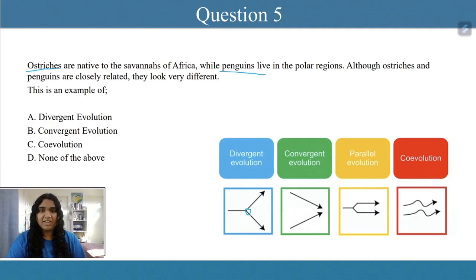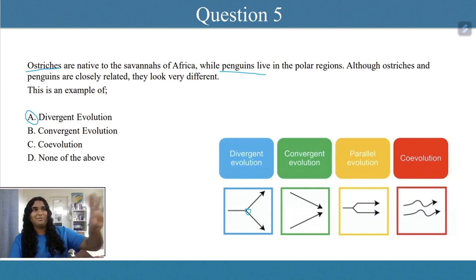However, they have evolved to be very, very different in appearance and behaviors. So that's an example of divergent evolution and is a result of them living in extremely different environmental conditions. Though I would have to say both ostriches and penguins do not fly, they are flightless birds. So perhaps there was a flightless aviary common ancestor that they would have both descended from, somewhere down the line.